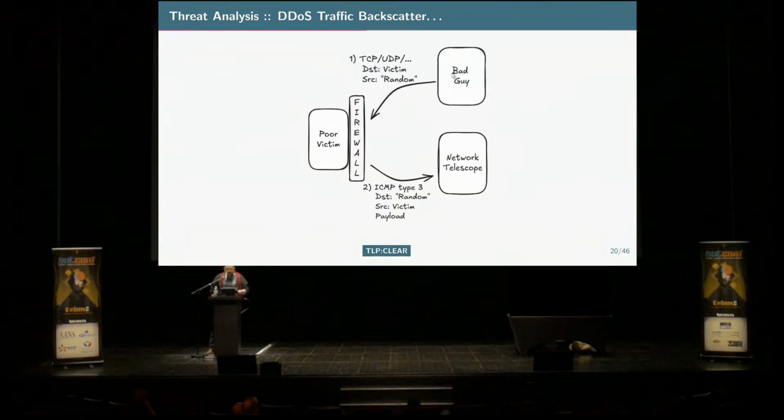The bad guy is generating a random IP. In this case, it could be in whatever protocol you want. And then you have a firewall or router which sends an ICMP type 3 message, destination unreachable or network unreachable or host or port unreachable, and sends it back to the network telescope. In this case, it's interesting because when it sends that back, you often have the original payload inside the ICMP packet. So that's a point that, for example, CIRCL doesn't extract.